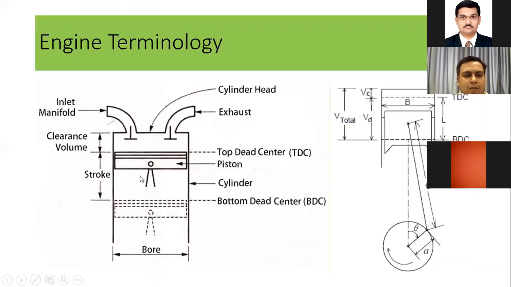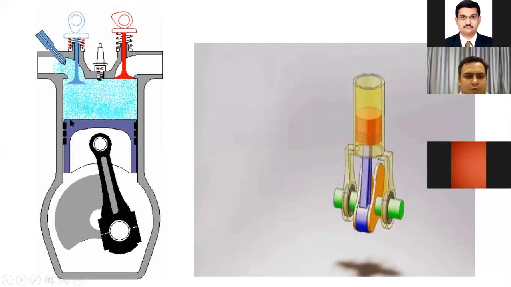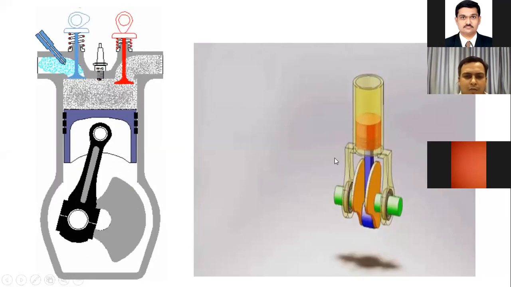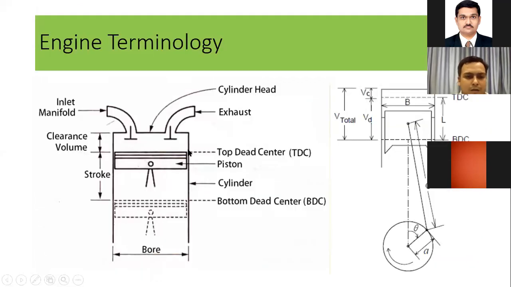Now we go over here, because we have to calculate the various efficiencies associated with the IC engine. So let us understand. As in previous slides we can see that the piston is moving between two boundaries. It means there is one upper boundary and one lower boundary. Those boundaries mean the optimum level of piston movement. On the upper side it is called the top dead center, and the lower side is called the bottom dead center. So here we have two terms, one is TDC, another one is BDC.